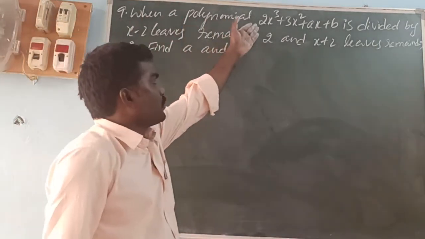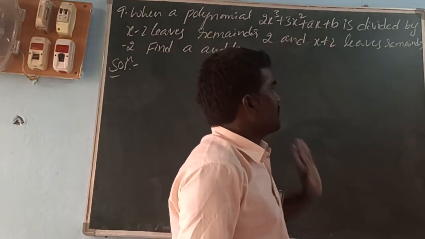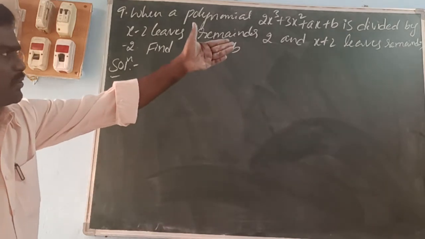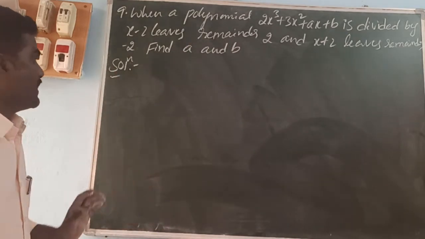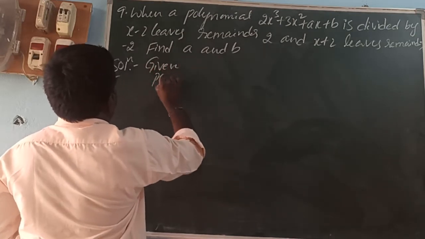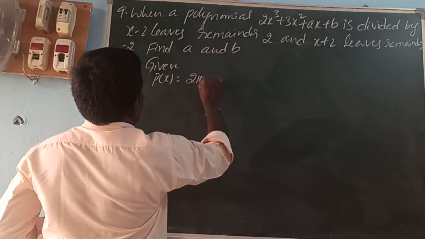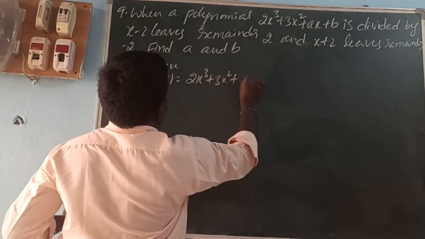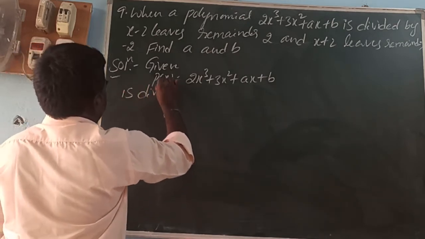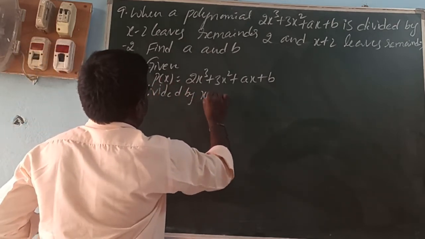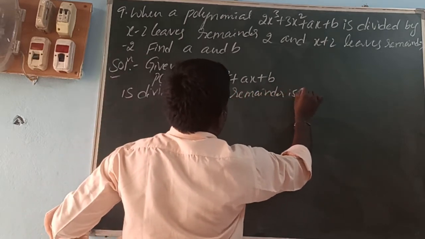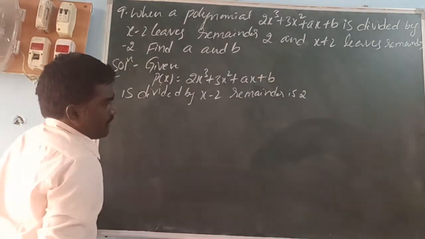When a polynomial 2x cube plus 3x square plus ax plus b is divided by x minus 2, the remainder is 2, and divided by x plus 2, the remainder is minus 2. Find a and b. So first, given the polynomial p of x equals 2x cube plus 3x square plus ax plus b is divided by x minus 2, the remainder is 2. So by using the remainder theorem,